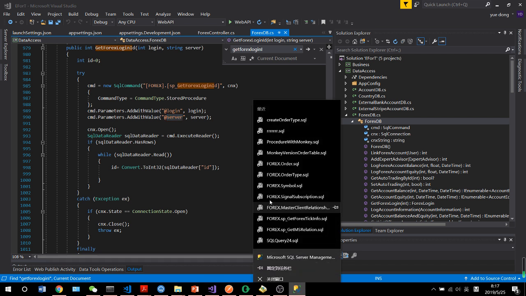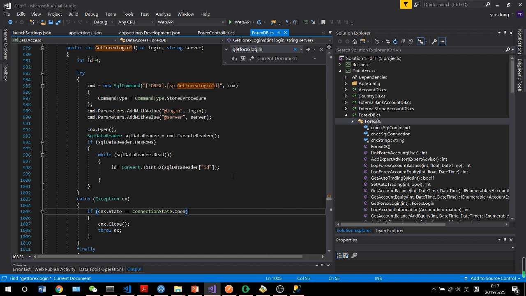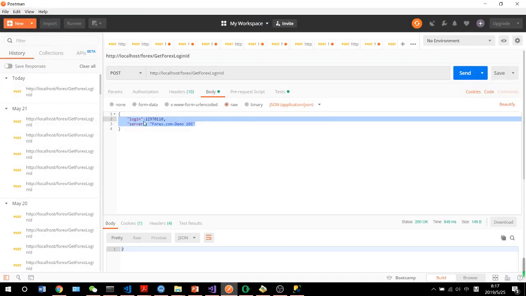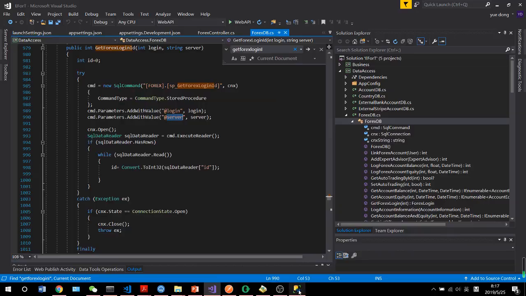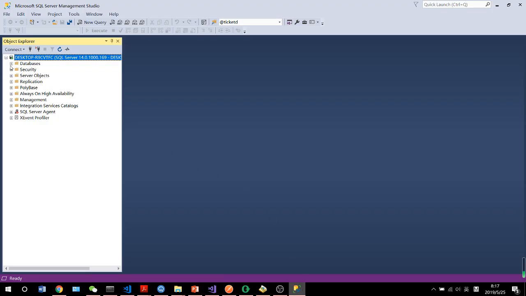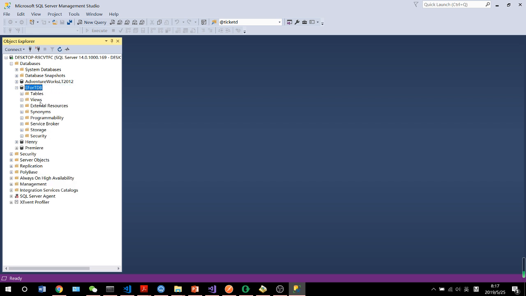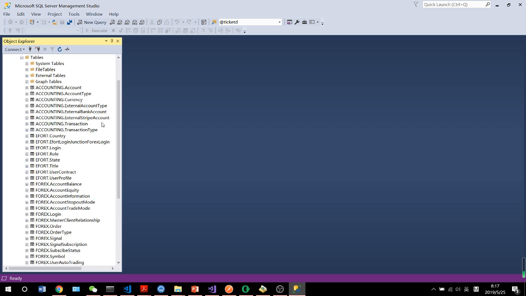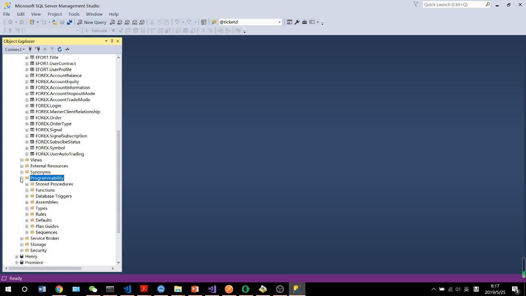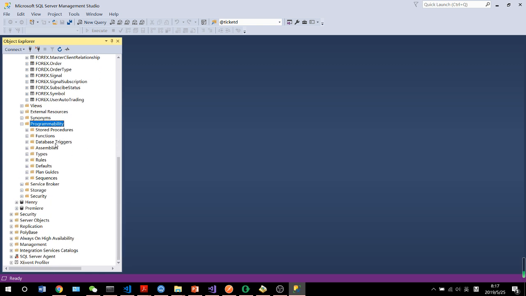procedure. So if you want to test any function, you go to the database, because this is a transmission from the API to the database. So just check what elements you will need, just like this, and go to the database and open our database. This is a table, and this is our procedures,